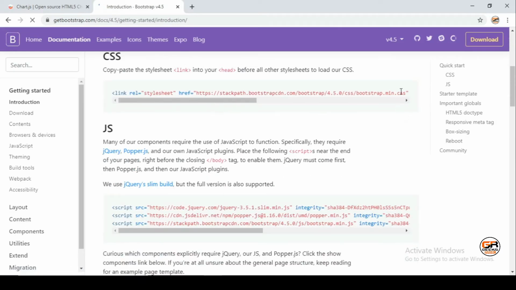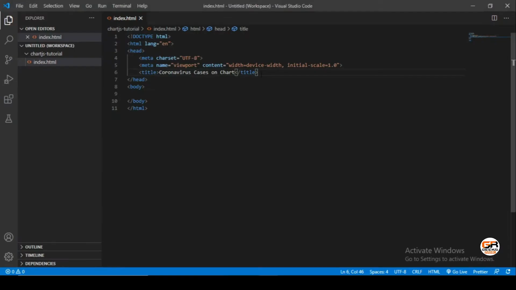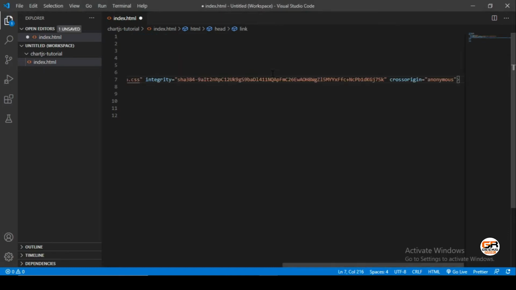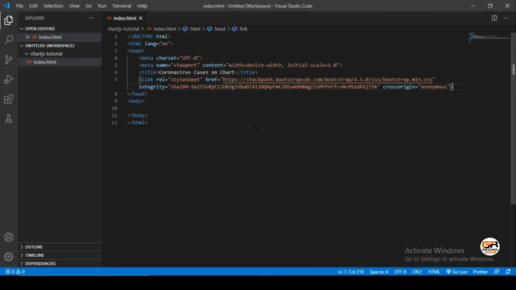Just copy this style sheet link and put it inside the head tag, just here. After this we will include a CDN of the chart.js.